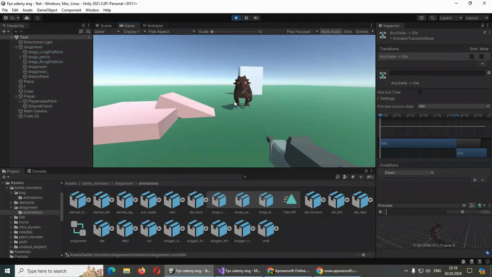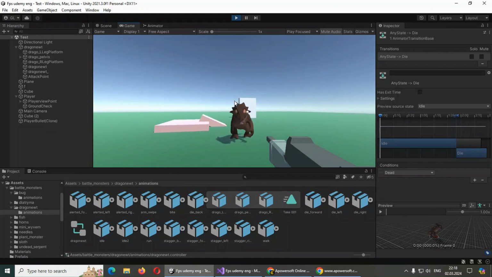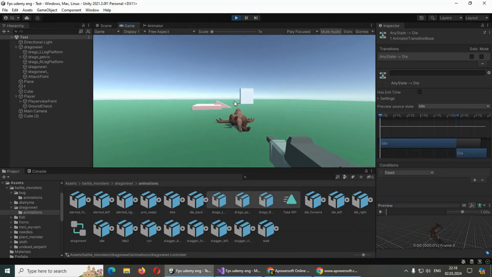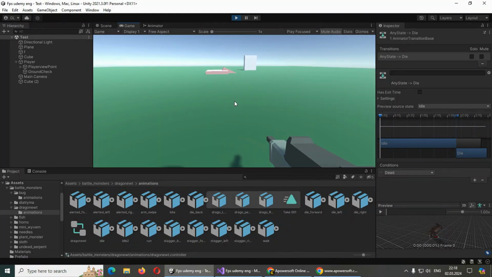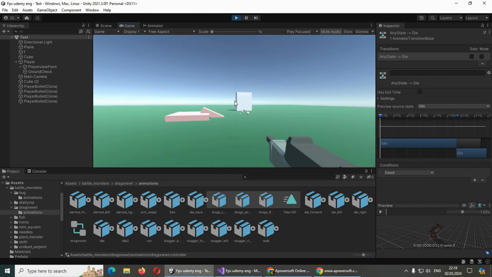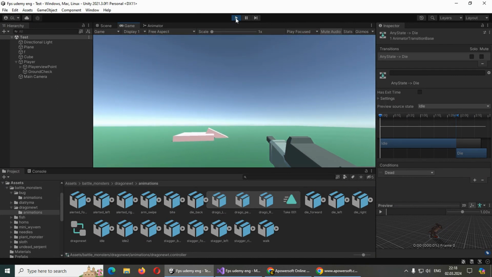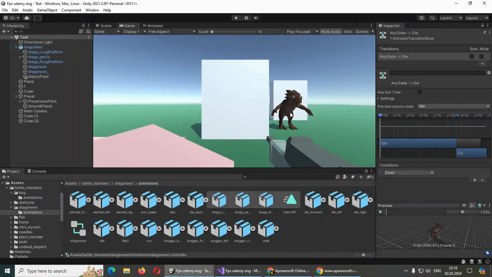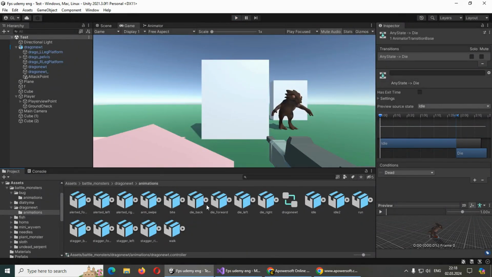And let's kill this dragon. And yeah, indeed, it's dead. And this is how easily you can add some die animation to the enemy. You can also use die forward and other die animations if you like. I like this die back, but yeah,